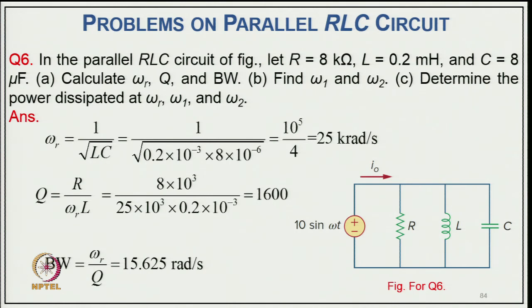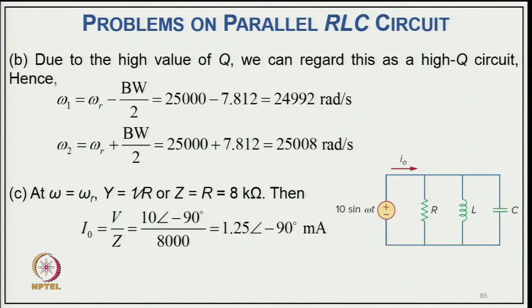So, quality factor is R upon omega R L, and that is 8 into 10 power 3 divided by 25 into 10 power 3 into 0.2 into 10 power minus 3, that comes to 1600, that is the quality factor. So, bandwidth is omega R upon Q, that is 15.625 radian per second. So, now due to the high value of Q, we can regard this as a high